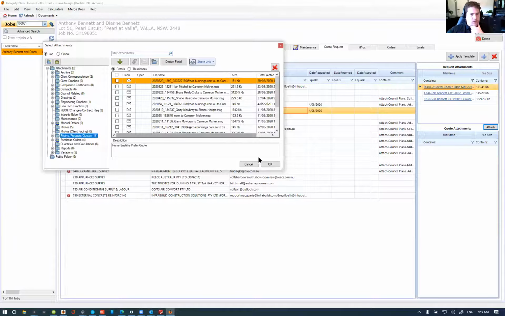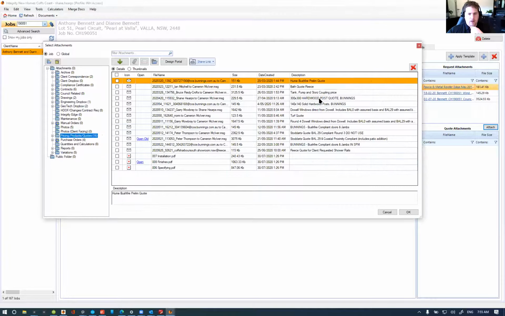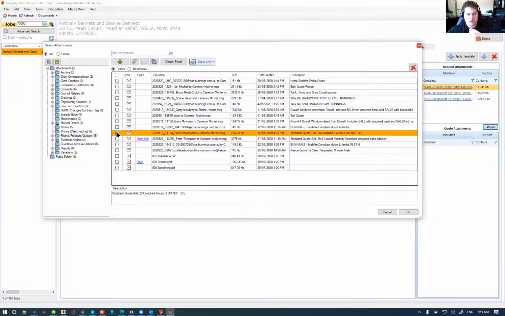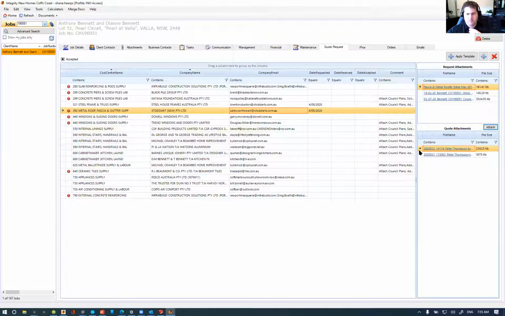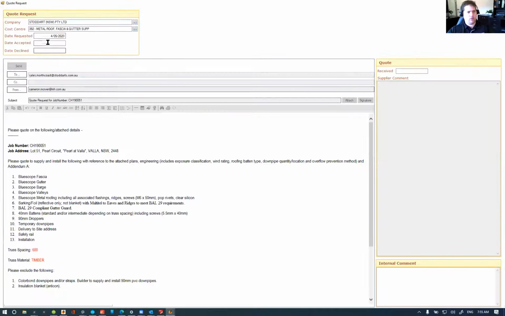Come down to the quotes folder and look for anything with Stoddart's in the name. Bath, tanks, dowel, turf, Bunnings, so we've got 2 Stoddart's here. With the first one being received on the 12th of the 5th. So we come here, date received. Now we're not going to mark it as accepted yet